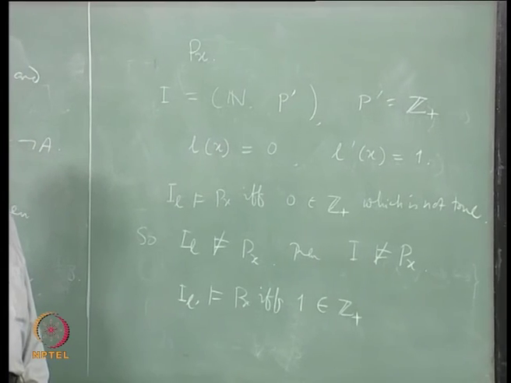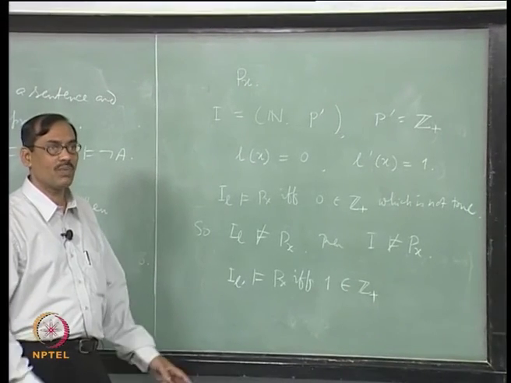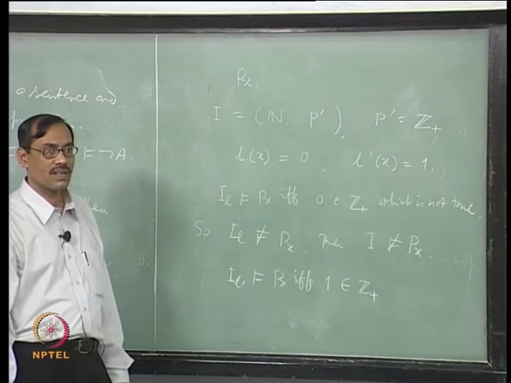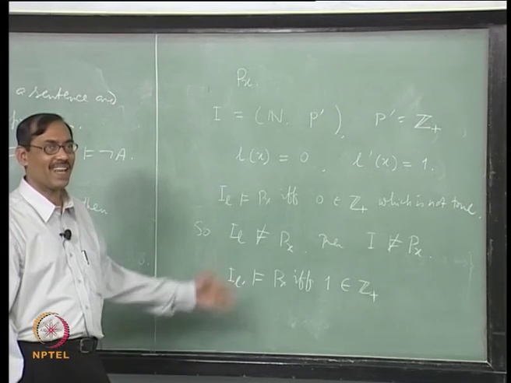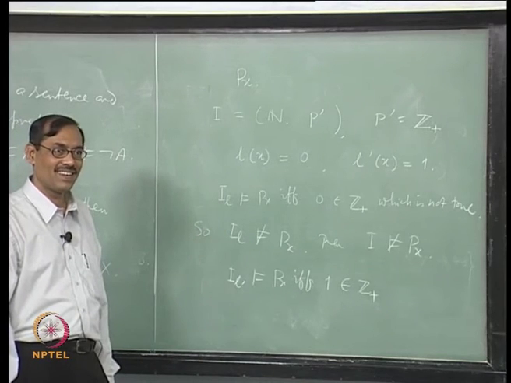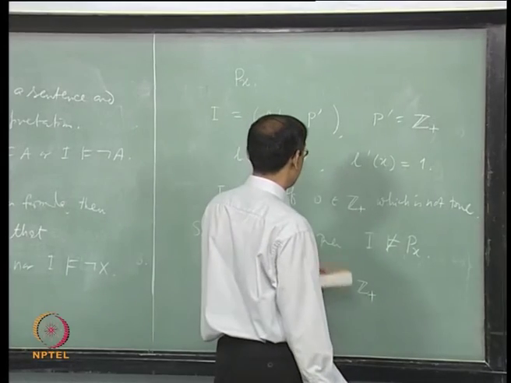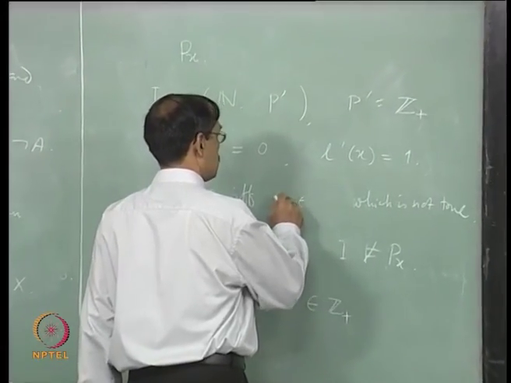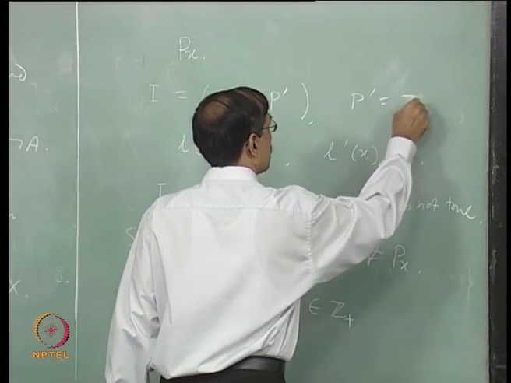This is not the example, right. Well, at least one more element we need which should not be there. So, we can construct P prime to be everything bigger than or equal to 2, right. Then take L prime x equal to 1. Is that okay? Or to see it a better way, this is sufficient.